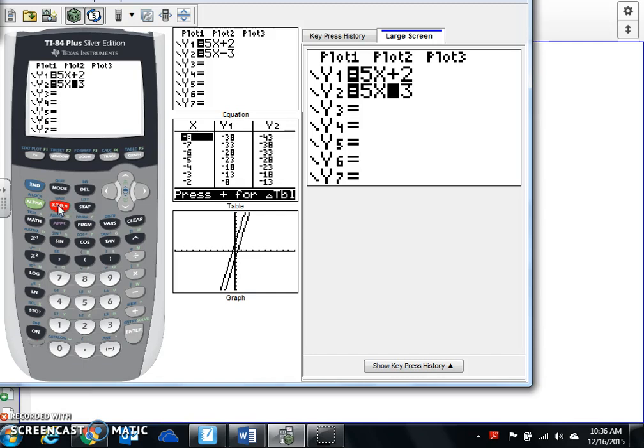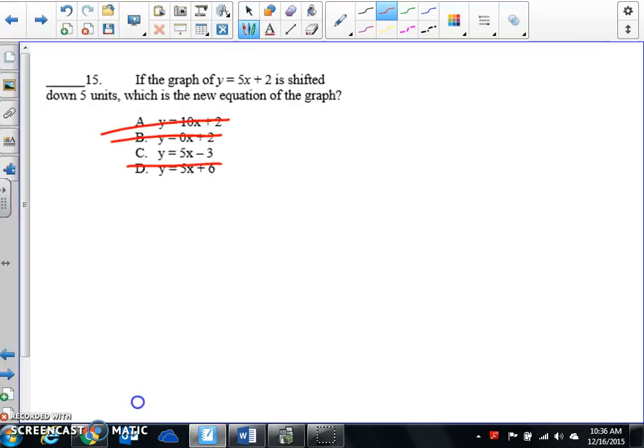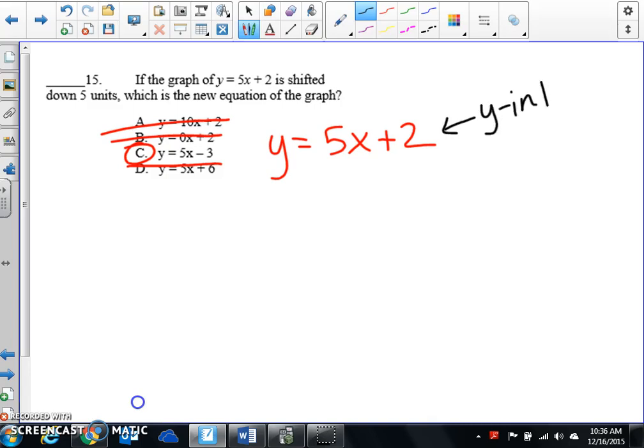5x plus 6. And that one shifted up. So they wanted me to go down. So that can't work. So C must work. The reason is this is your y-intercept. So you can take that exact same line and move it up or down by just moving the y-intercept. So if I just sketch this real quick,